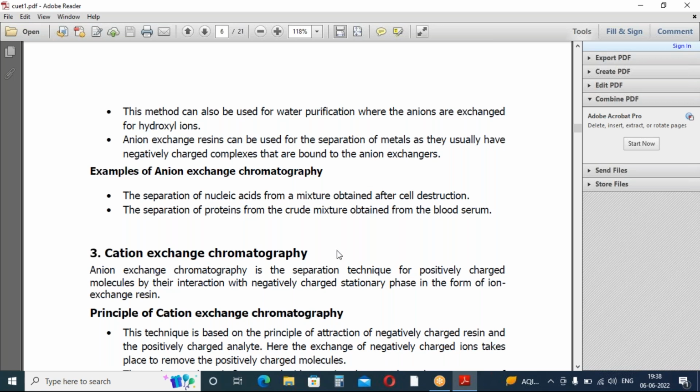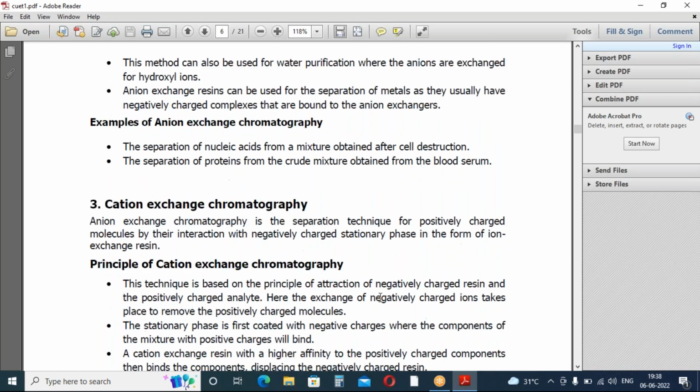Next, coming to the cation exchange chromatography, this is different to that of anion. This is opposite to anion exchange chromatography. What is the stationary phase here? The stationary phase is the negatively charged ones. In cation exchange, cations are the ones carrying the positive charge, and the stationary phase is in the form of negatively charged ion exchange resin,